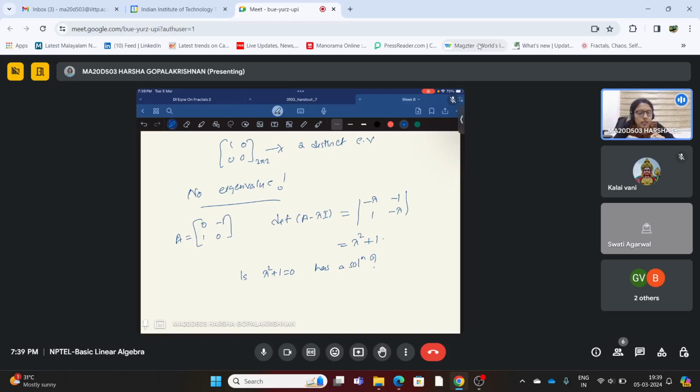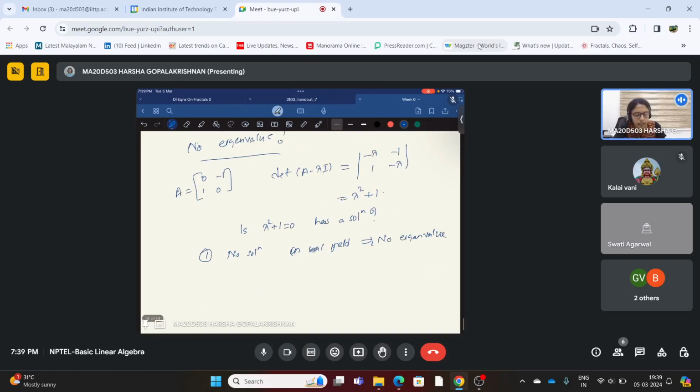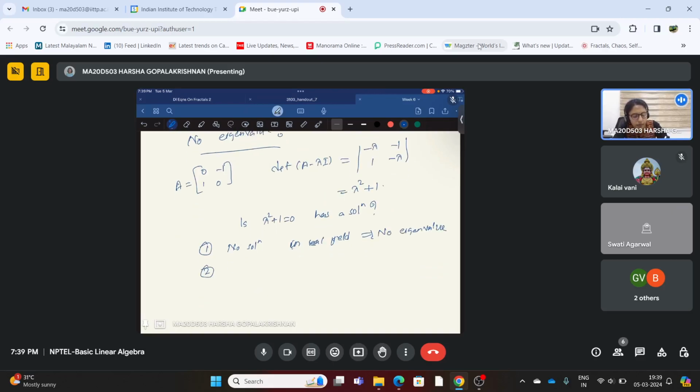If we are considering the real field, it does not have a solution. Suppose our whole study is restricted to the real field, this equation does not have a solution. No solution in the real field. That implies no eigenvalue, but it completely depends on which field we are studying in. But in the complex field,